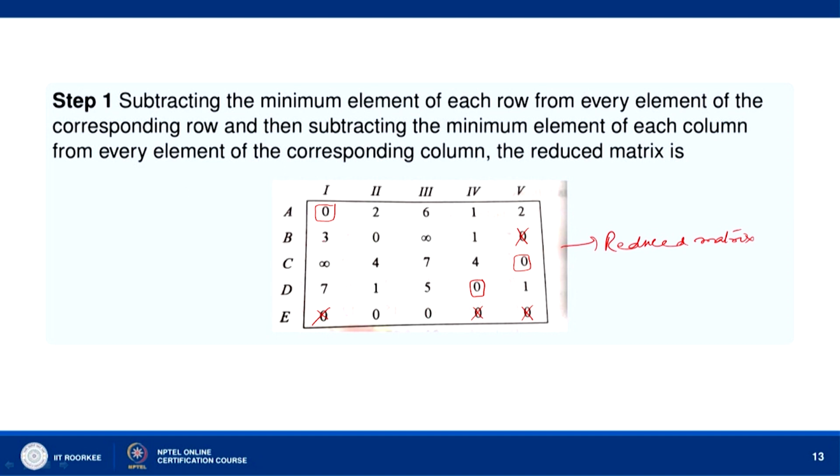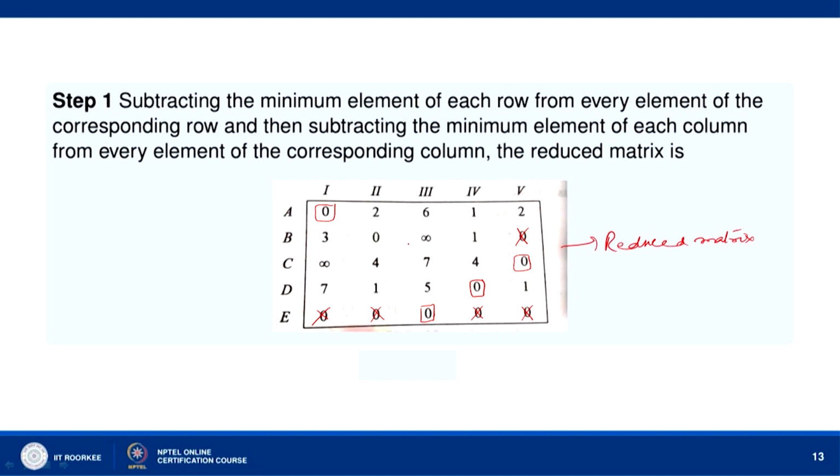Now, we go to the columns. Now, let us consider the columns one by one. Okay. So, in the first column there is no 0 which is left. In the second column we have 2 zeros, in the third column we have a single 0. So, we make an assignment here, and then we cross out this 0, which lies in its row, and then we go to the fourth column. In the fourth column there is no 0 here, and then in the fifth column there is no 0 here.